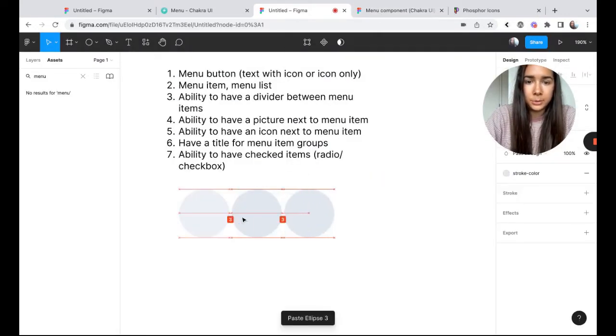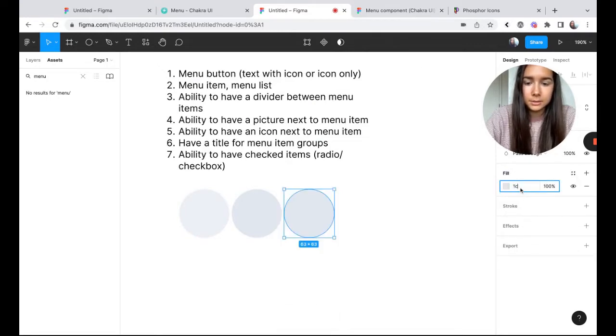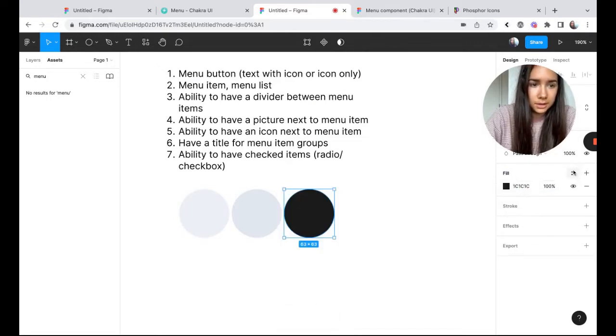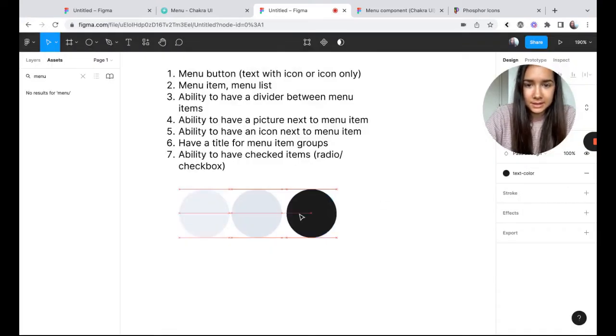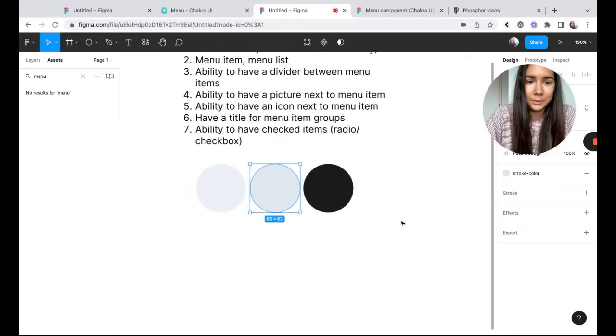And our third one is going to be a text color, which is dark gray. So probably not the best color names, but doesn't really matter in the context of this tutorial.